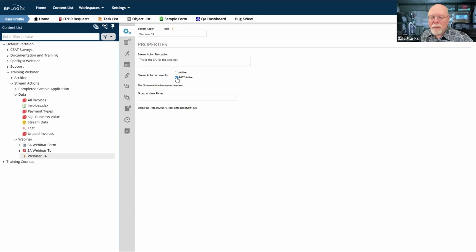The active not active turns on and off, respectively, the scheduling component of a stream action. Our general expectation is that just like a goal, a stream action is going to run on a scheduled basis to import data, submit the forms, and kick off these processes.